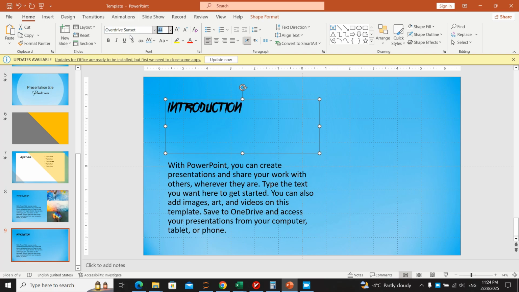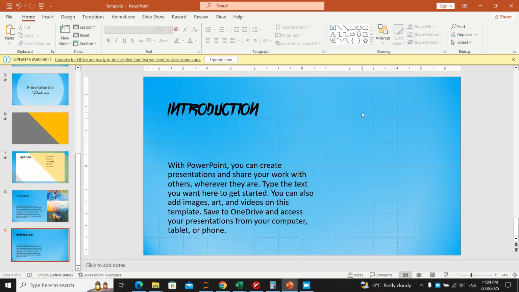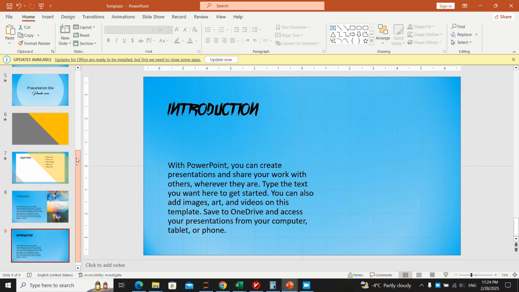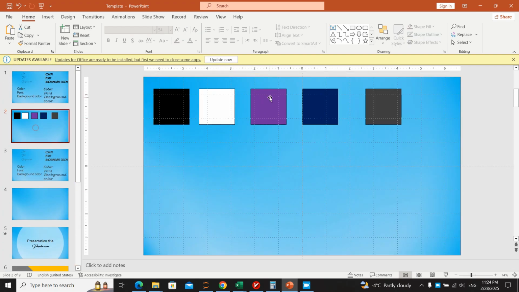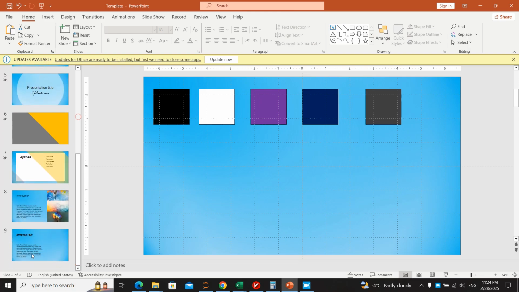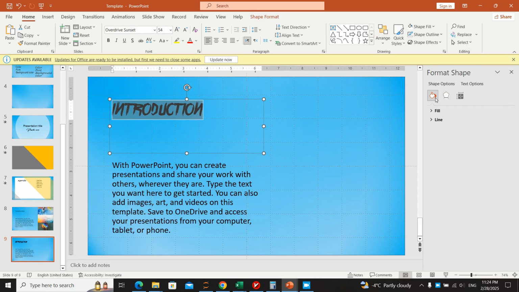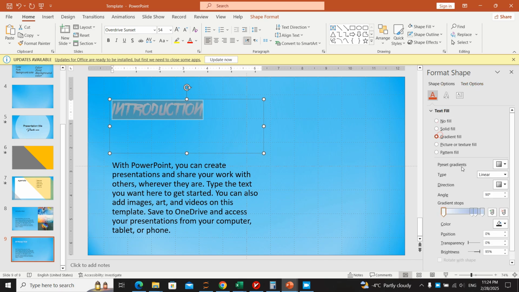I'm going to use Overdrive Sunset for it. And I'm going to, for the color, use this blue color with white. I'm going to use some amazing color from the, can you guess, text option, text fill. I'm going to use gradient fill, and I'm going to use this thing and